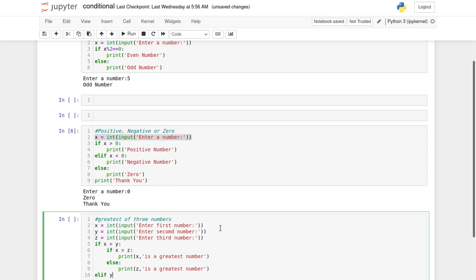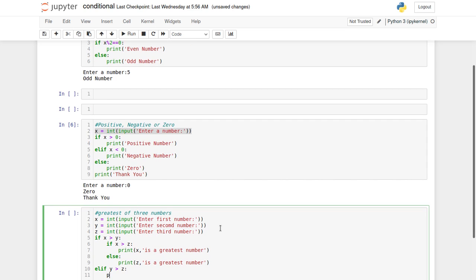y greater than z. So now in print, we can say if x greater than y is not satisfied, which means y is a greatest number, and then in the elif condition we are comparing y with z. If this condition is satisfied, we can say y is a greatest number,